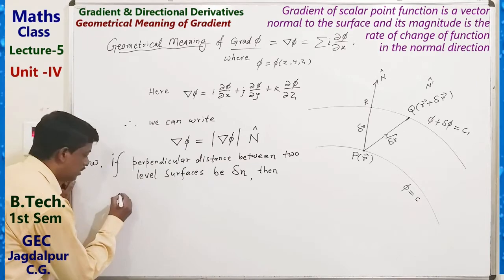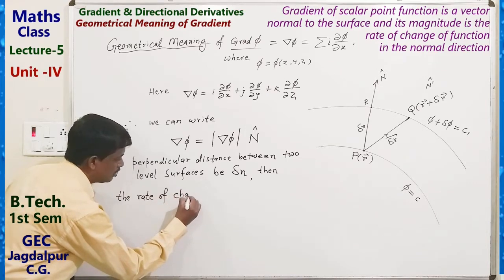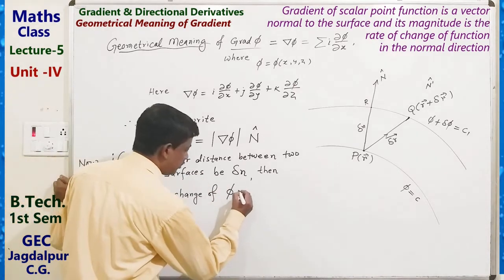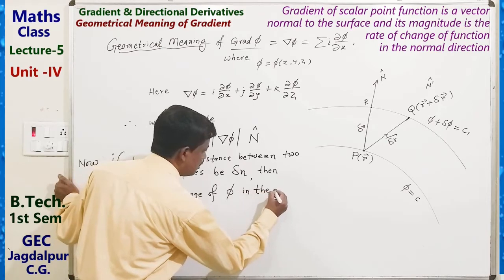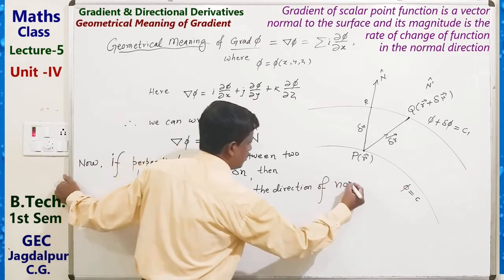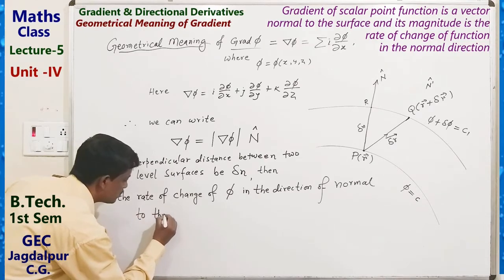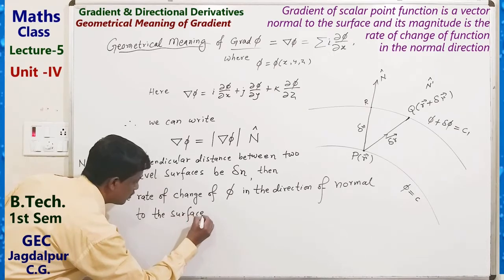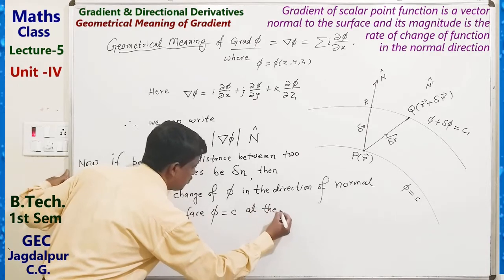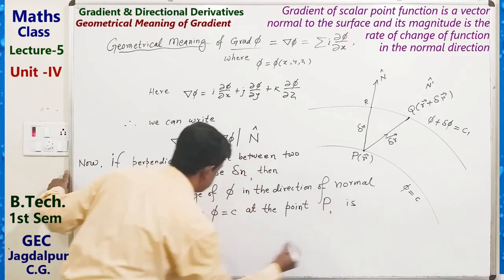Then the rate of change of phi in the direction of normal to the surface phi equals C at the point P